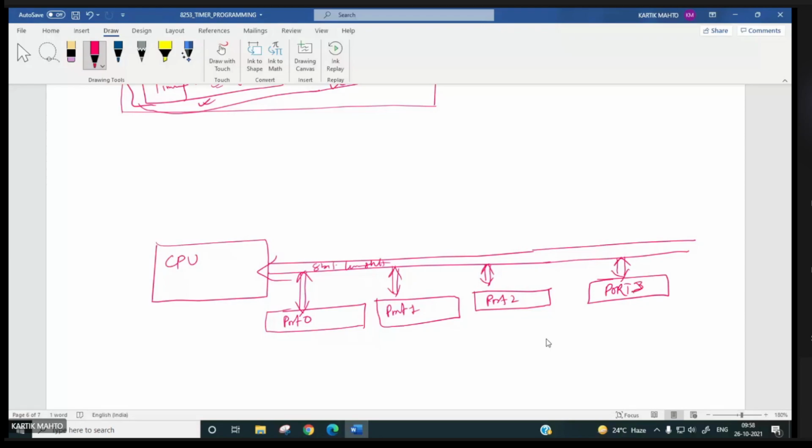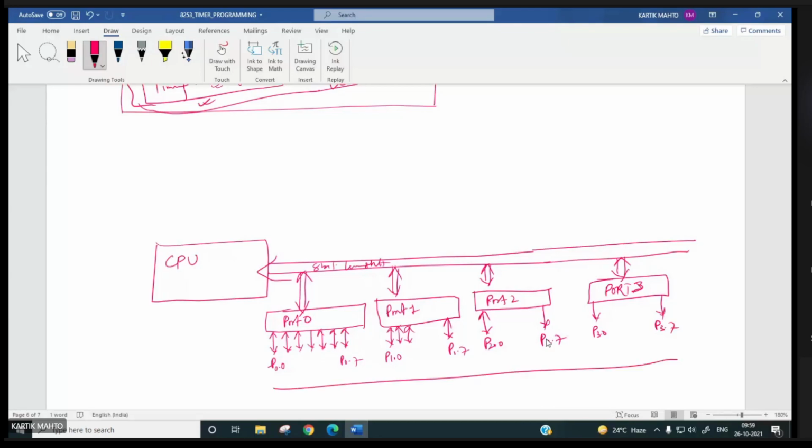And with these registers you can have separate connection pins: P0.0 to P0.7, P1.0 to P1.7, P2.0 to P2.7, P3.0 to P3.7.